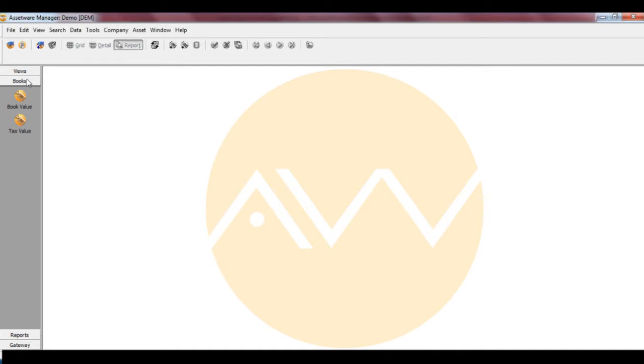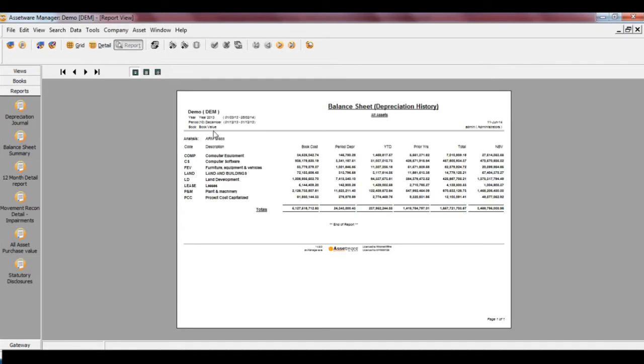Now previously I mentioned that we have 2 books. We have our accounting book and we have our tax book. The accounting book integrates into your GL. The tax book is for your tax purposes. So SARS gives you a specific rate that you need to depreciate your assets on, and this is recorded in your tax book. Now if we pull a report, so far if we look at our balance sheet summary,